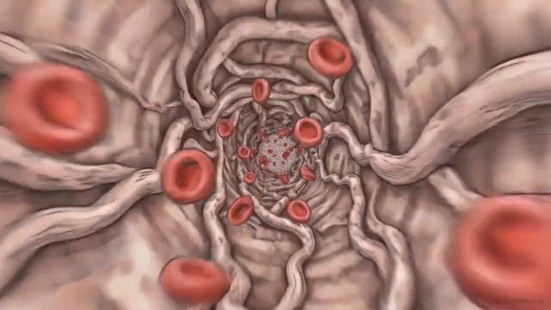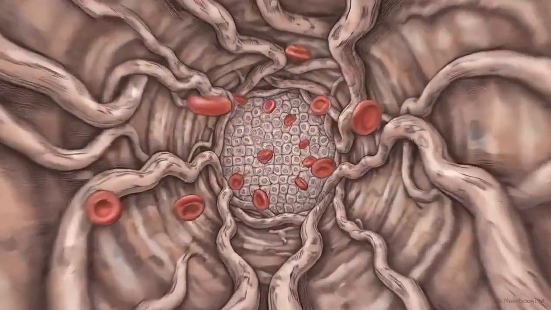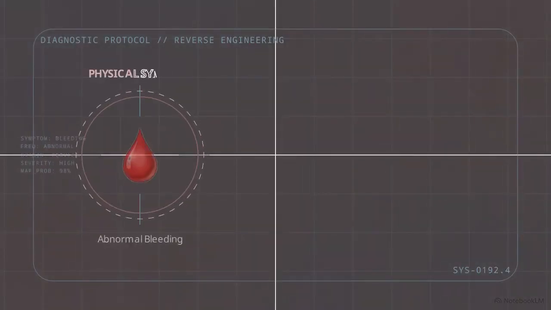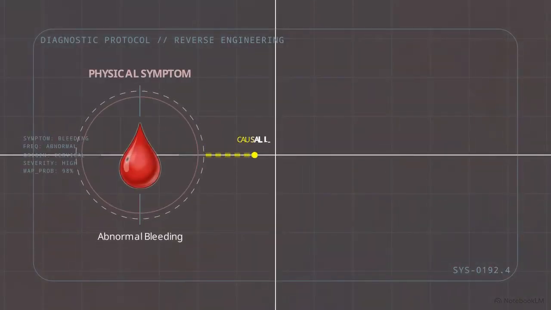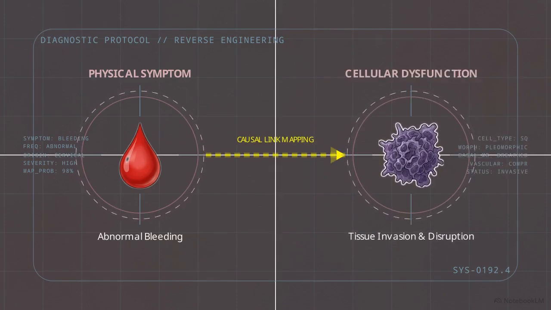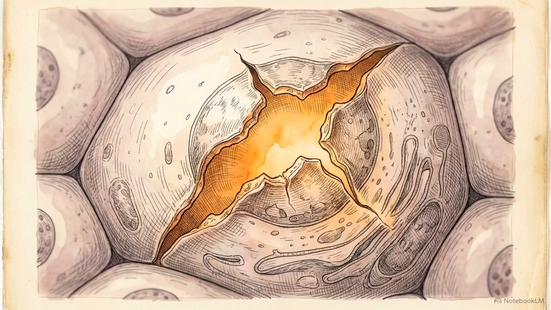Our objective is to trace this exact macroscopic clinical presentation backward. We are going to reverse engineer this tissue failure down to its microscopic cellular origin. In oncological clinical thinking, a patient's physical symptoms are a direct, readable map pointing to a specific underlying cellular dysfunction. This severe bleeding represents the mechanical endpoint of a highly organized biological invasion, one that initiated years prior in a